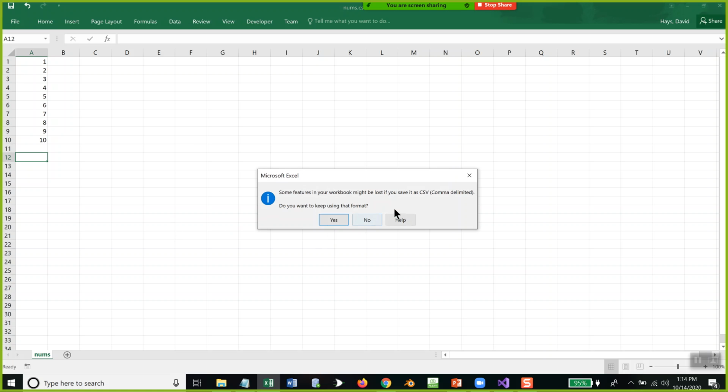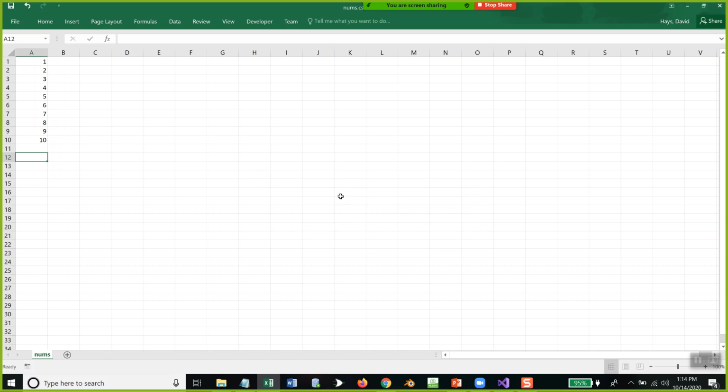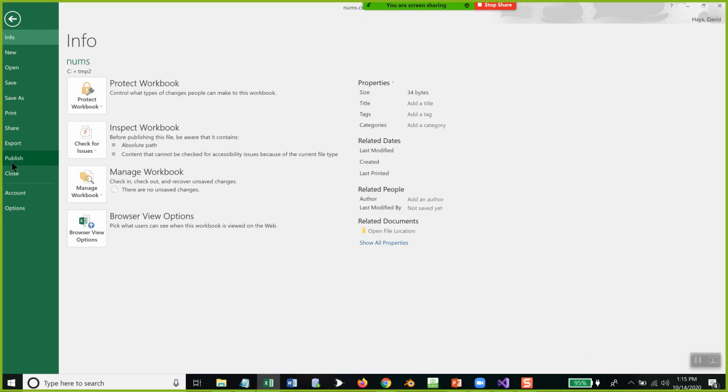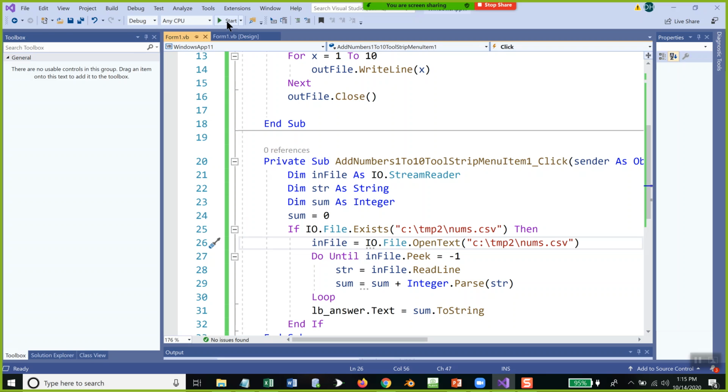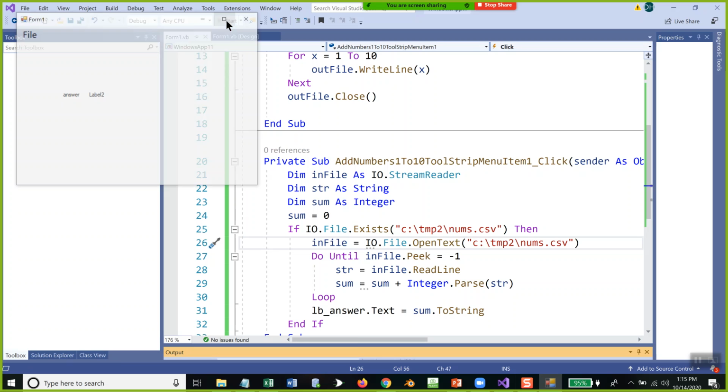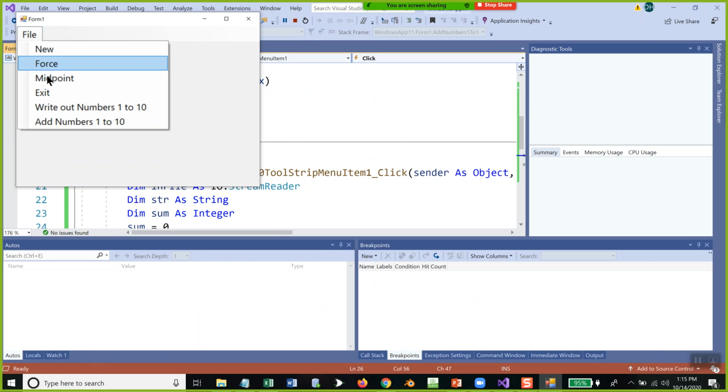Assuming it's still in CSV format. Yeah, okay. And close that. Don't save. Now if I run that,